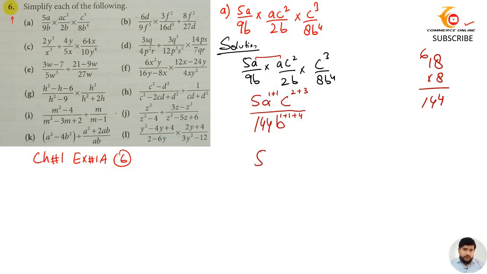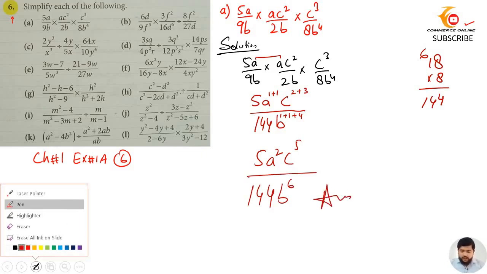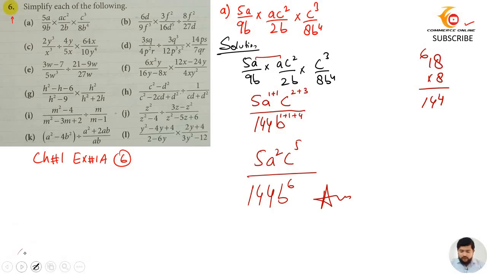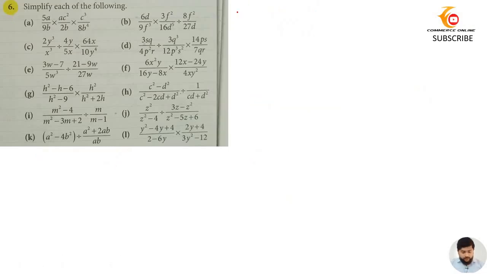Now I'm going to solve it further. That will be a square c5 divided by 144 b6, and this is your answer. Let's move to the next question, that is question number B. 6d over 9f cube multiply 3f square